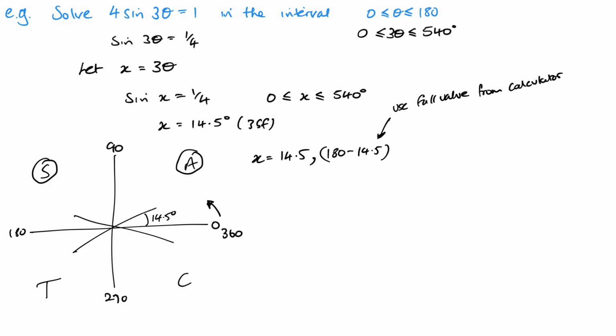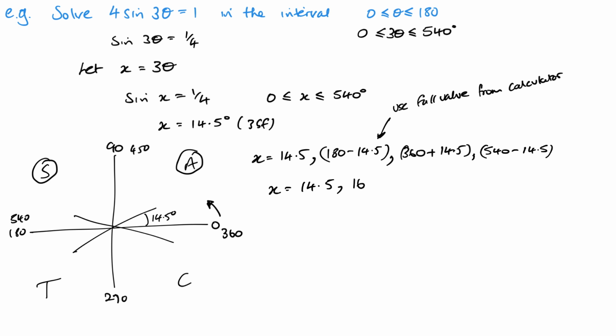And then we need to keep going, because once we get round to 360, we have to keep going to 540. So you're thinking about this now, it will be 450, then 540. So our third answer is going to be 360 plus 14.5, because it's in this section now between 360 and 450. And then finally here, 540 minus 14.5. So that means my values of x are 14.5,